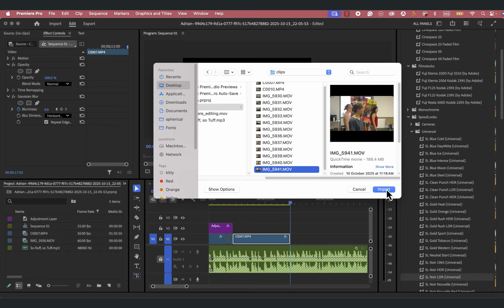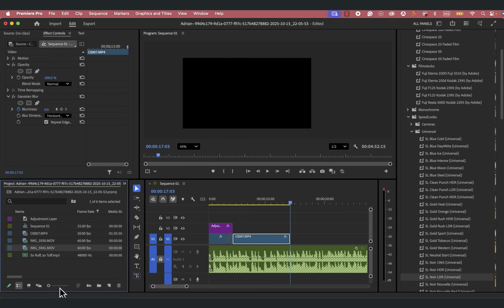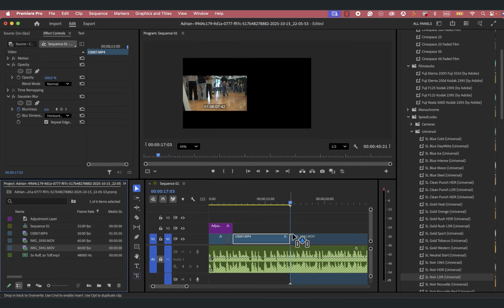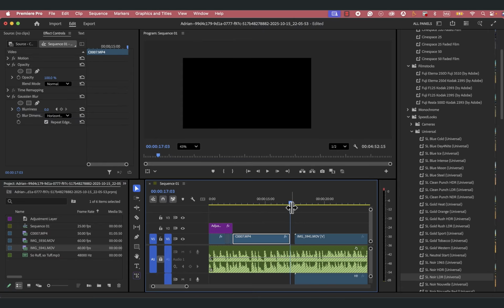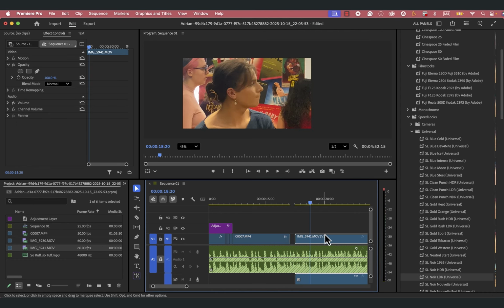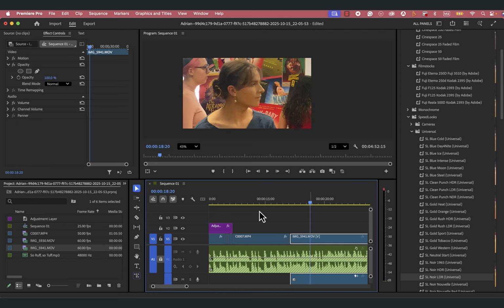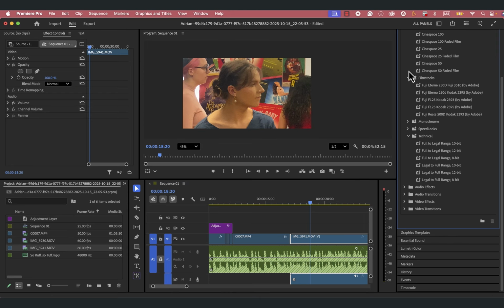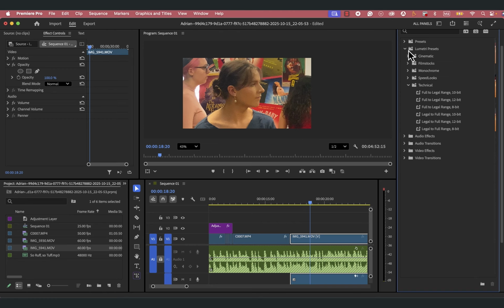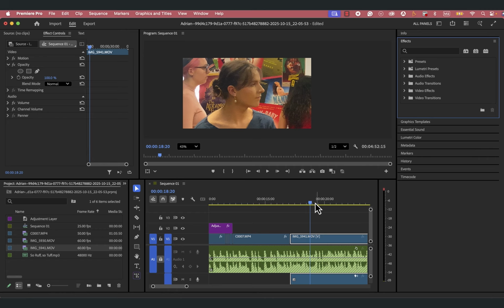Yeah, let's go with this one. Cool. So we can bring this in. All of these effects don't have to be added to an adjustment layer. If you want to change the color on this, you can just add it directly to this rather than an adjustment layer. But the one thing we haven't looked at here is